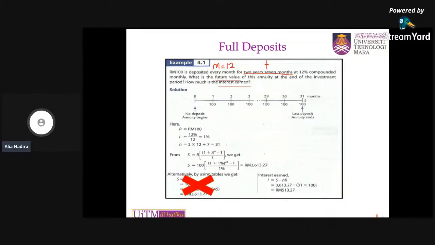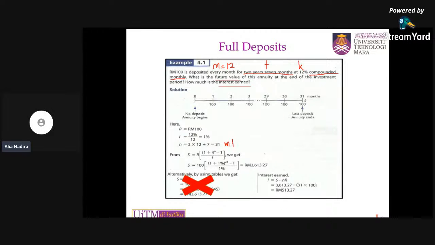So here I is your big K over M. So what is your K? This one is your K. Okay, M is compounded monthly, so M is 12 lah. Okay, so you boleh buat macam ni. Here you kira one by one. You list down your R, your I is K over M, N is M times